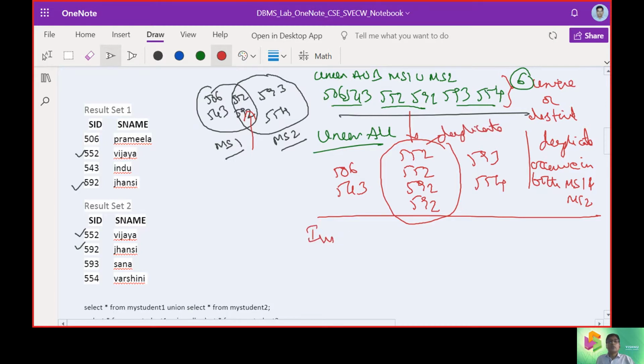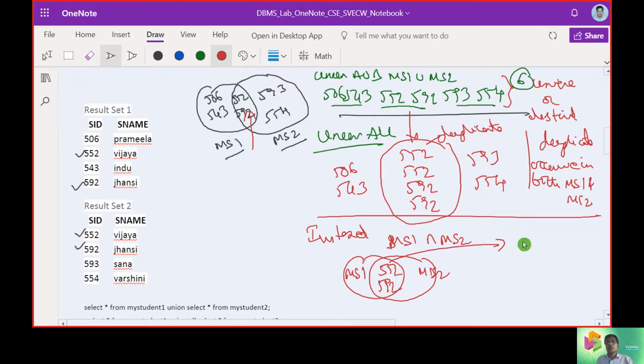If we use the intersect concept, then we will be getting MS1 intersection MS2. In this case, we pick only the values which are in the common area of MS1 and MS2. So only these 2 values we will be getting, 552 and 592.